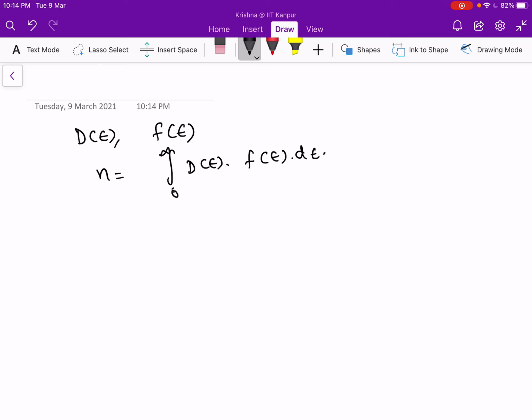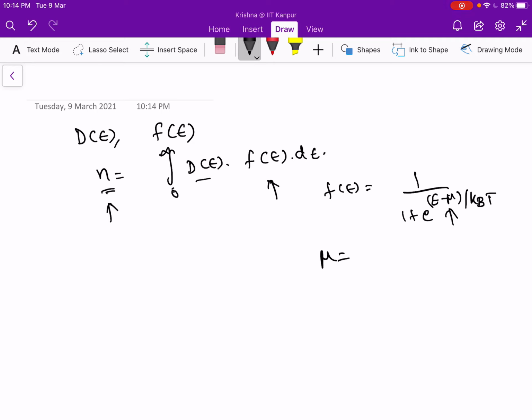Depending upon how the density of states behaves, you can calculate the carriers that you have, or if you know the carrier density, you can calculate the chemical potential mu, which comes about here. f(E) is basically 1 by 1 plus e to the power (E minus mu) by kBT, right? So mu is the